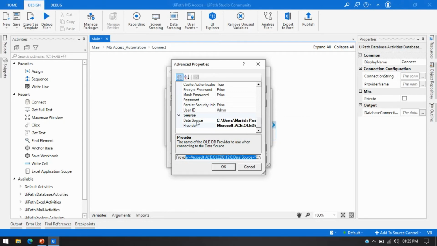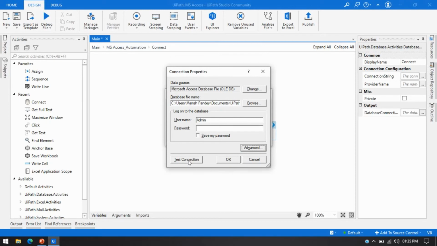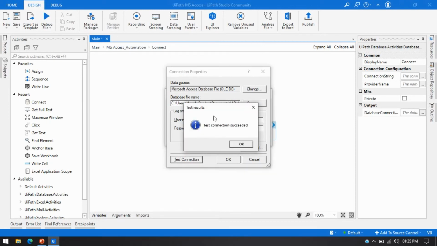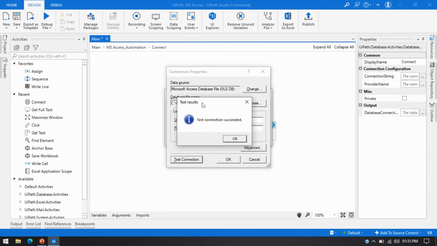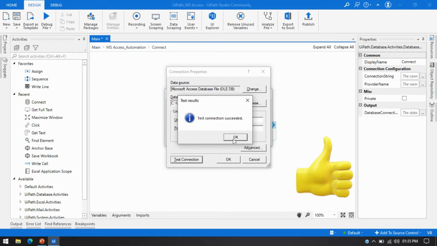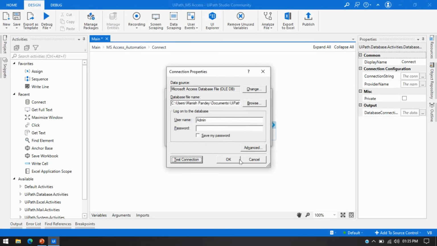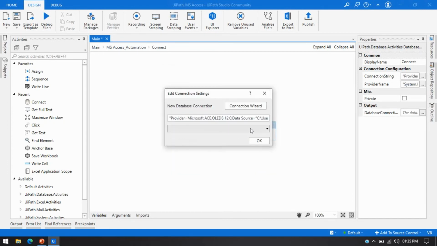And this is the data source, it means our database file name, you can see here. We have two data providers, but we are going to use Microsoft ACE, and click on OK, right? Now click on test connection, and once you get this pop-up, it means the connection is established successfully. Now press OK, and then click on OK.